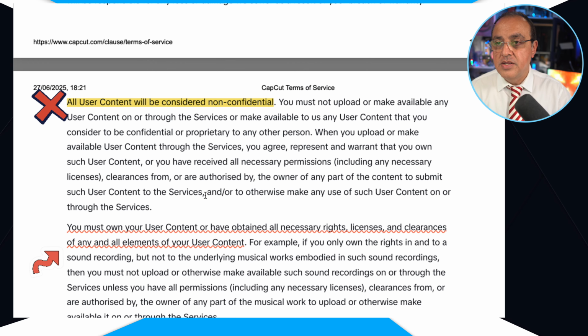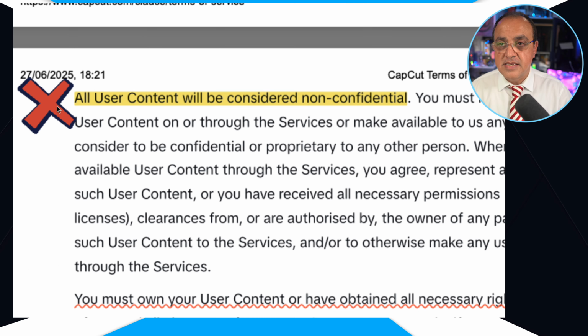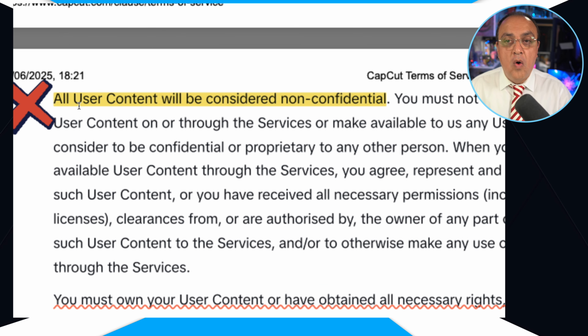Bearing in mind user content. Now this is the big one. There's a big cross here. That's why I'm highlighting it. All user content will be considered non-confidential. Again, if you were creating it local